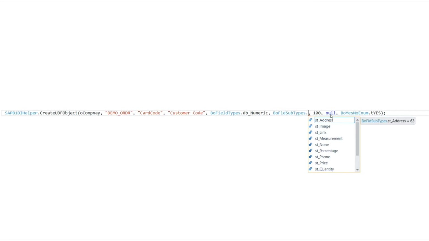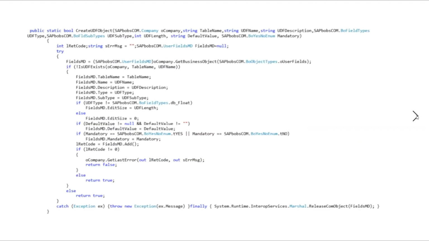It's a default value actually. I am passing null here, and in the last we are passing yes or no. On the basis of this variable we decide whether the field should be mandatory or not. So this is their definition.